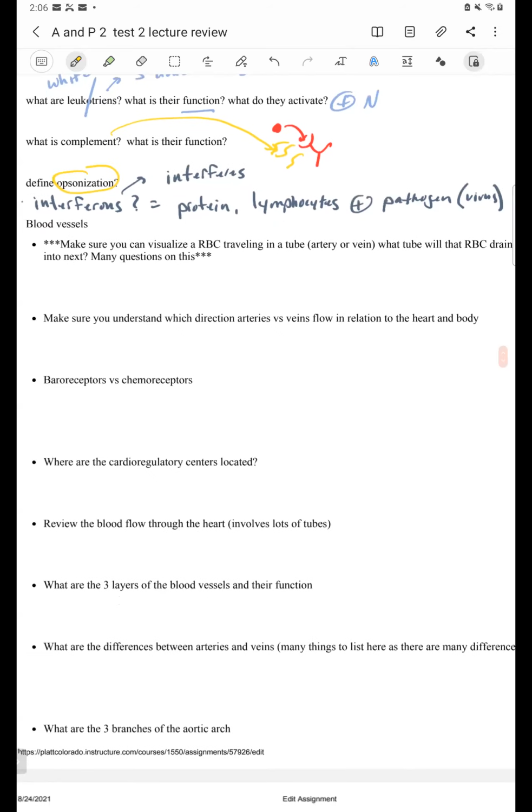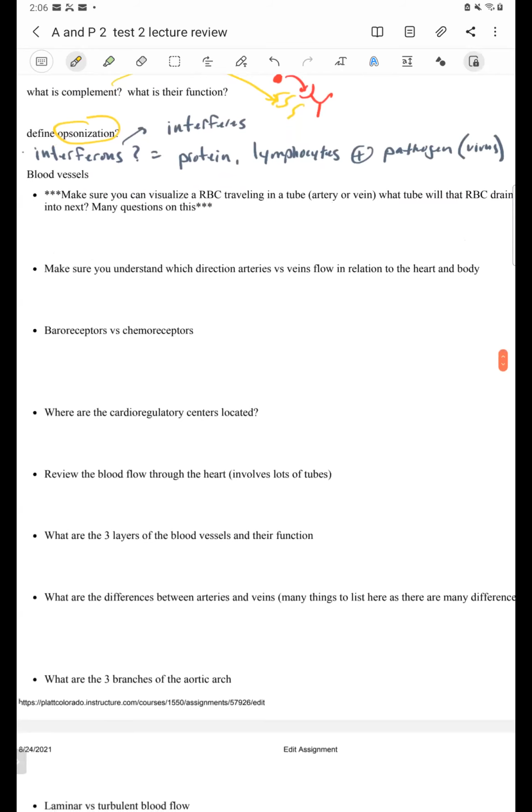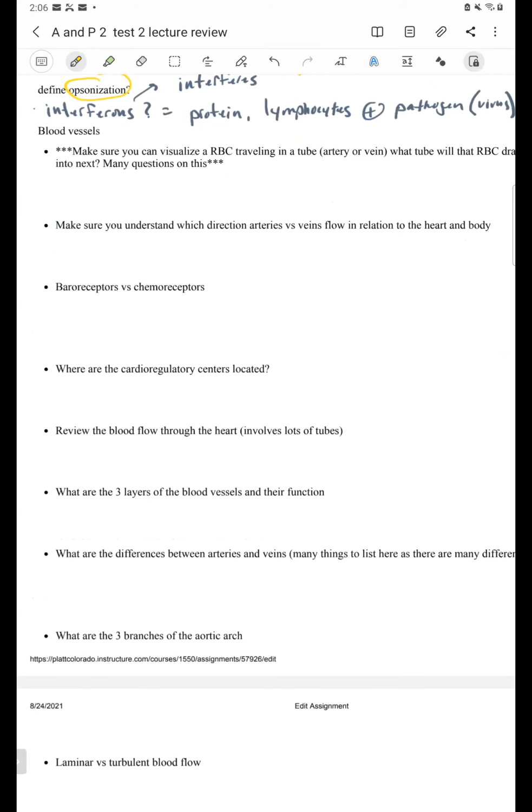Your baroreceptors and chemoreceptors, well, first of all, your baroreceptors have to do with